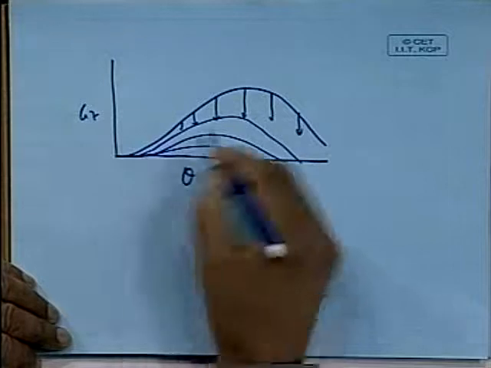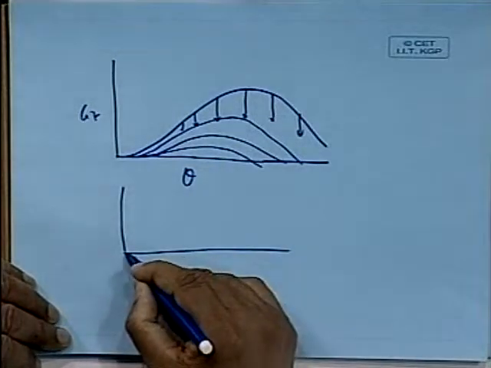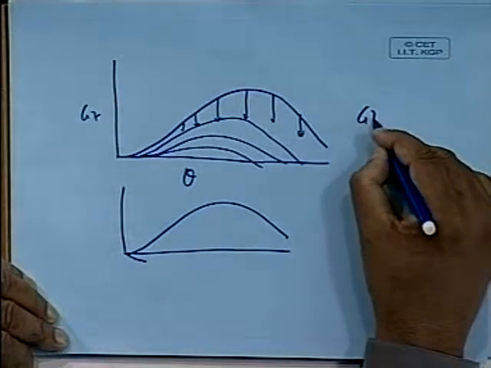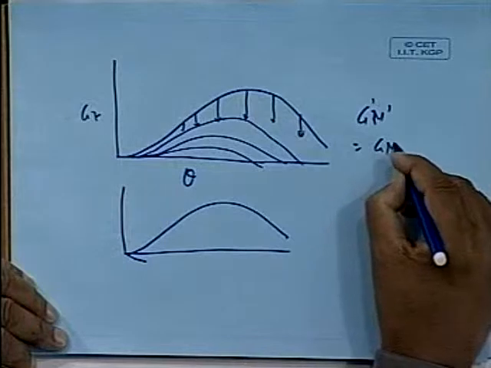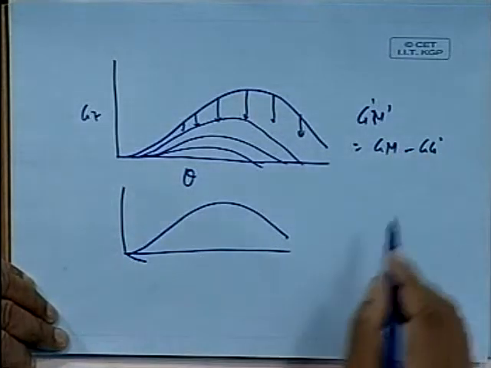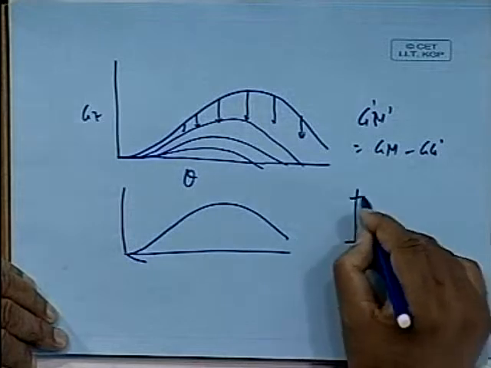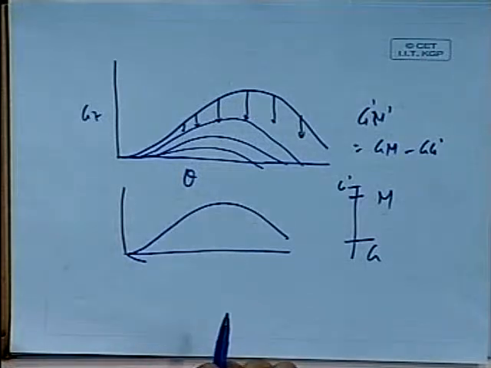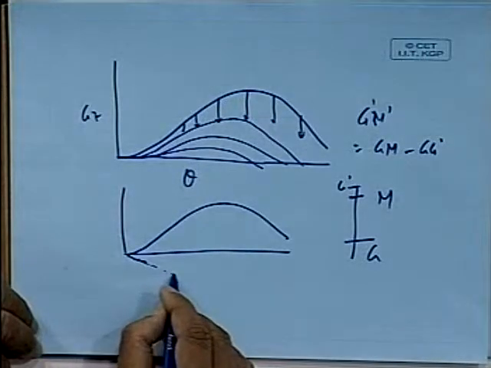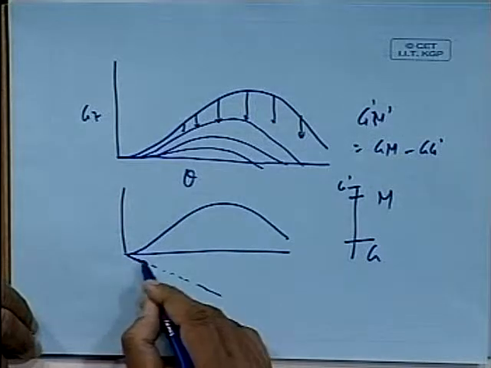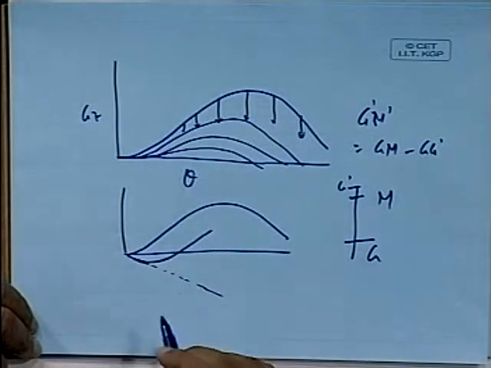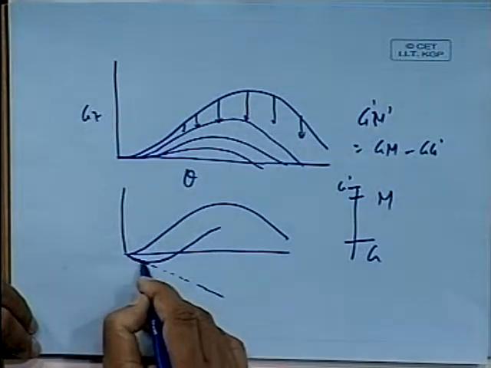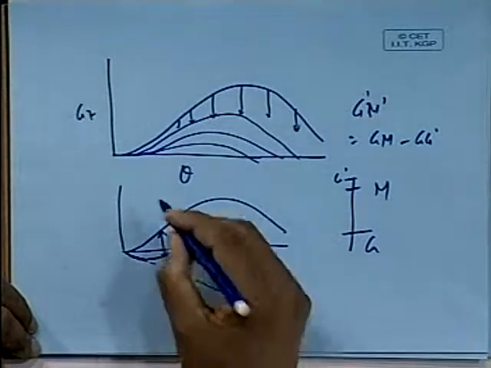Here comes the question of this S curve. Now supposing I made it go down so much that it becomes negative here, because you see G dash M dash equals GM minus GG dash, that we said. My initially G was here, my M is here, let me say I raise the G beyond that. Then this curve will become negative, the slope becomes negative, but you want it to actually go up like this, because you do not want the ship to sink. And this is possible only if the curve has, see, this part is a constant which is GG dash